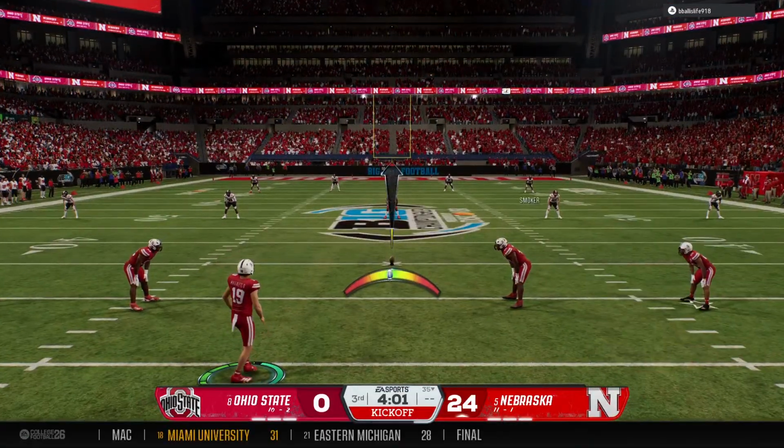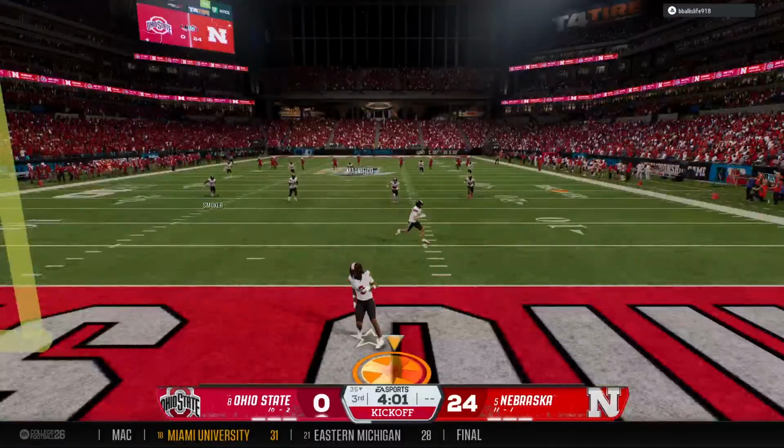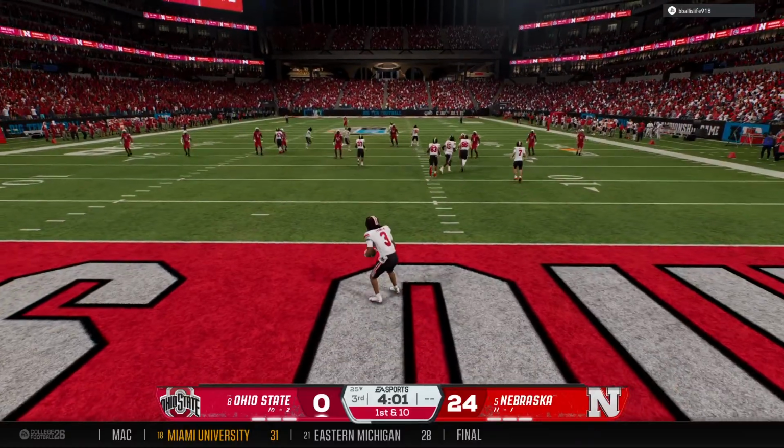Got momentum after scoring that touchdown. Now the kickoff team out there to kick it away. So no return here.